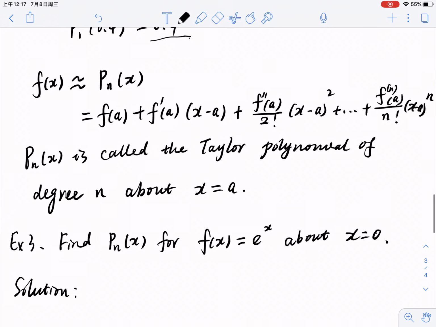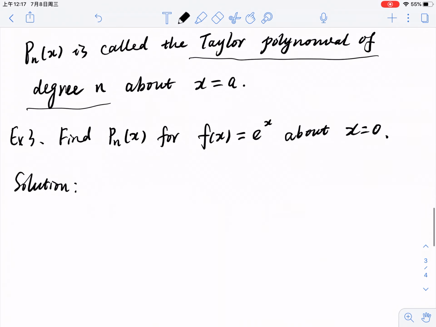So from our formula, we know that to find the Taylor polynomial of degree n, we need to know f(0), the first derivative at 0, the second derivative, the third derivative, and so on until the nth derivative. But for this exponential function, f(x) is e to x,